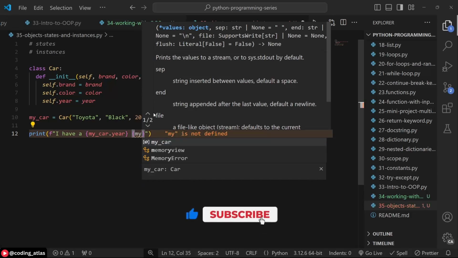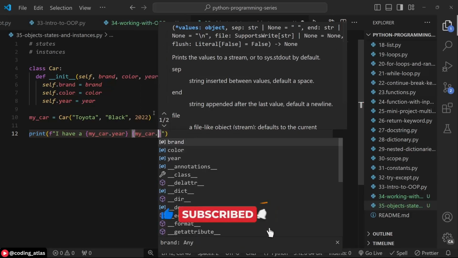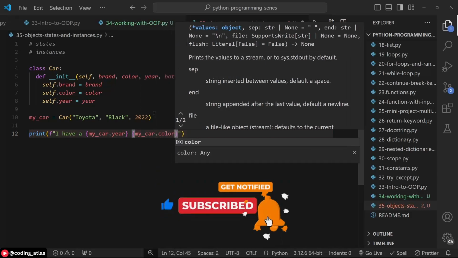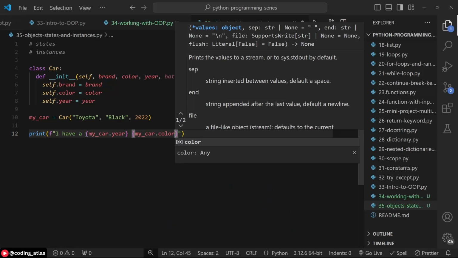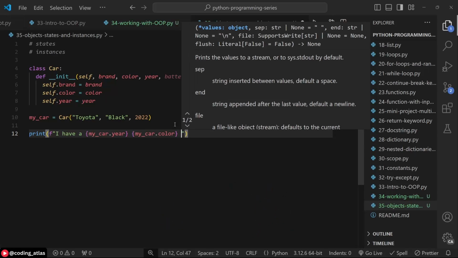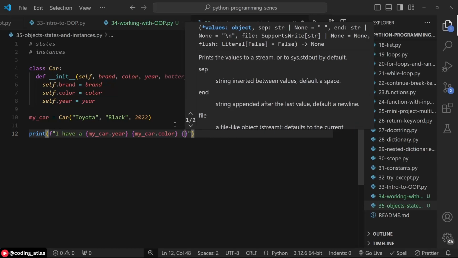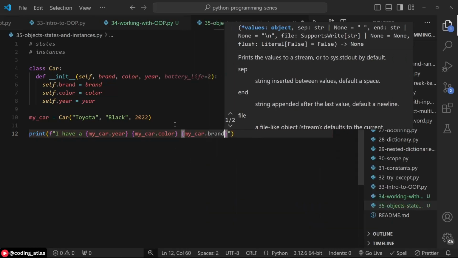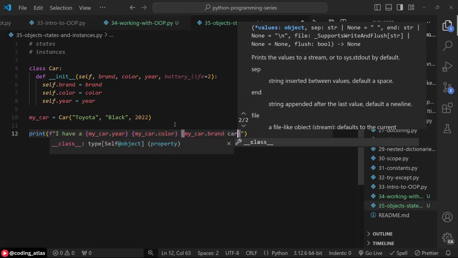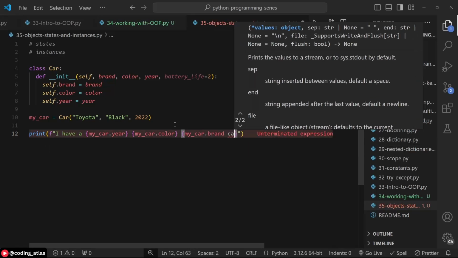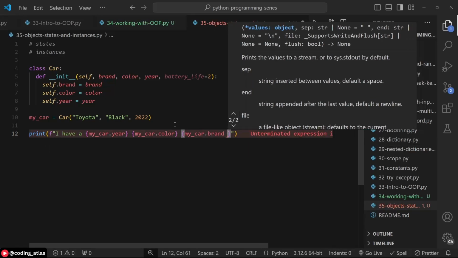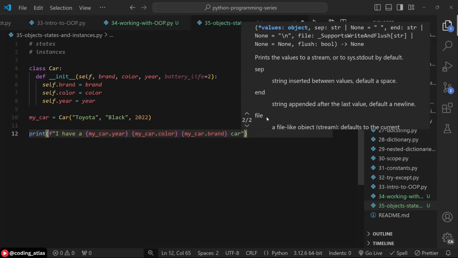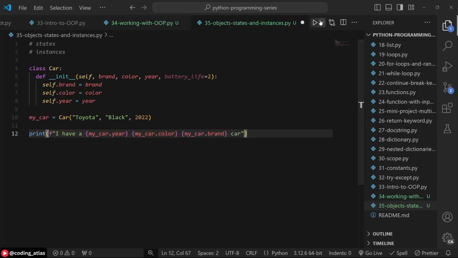So I have the year of my_car, then my_car.color, and then we can have the brand of my_car, curly braces, my_car.brand. Okay, and we can say car. Car is inside the string, not inside of the variable. So if we run this now,